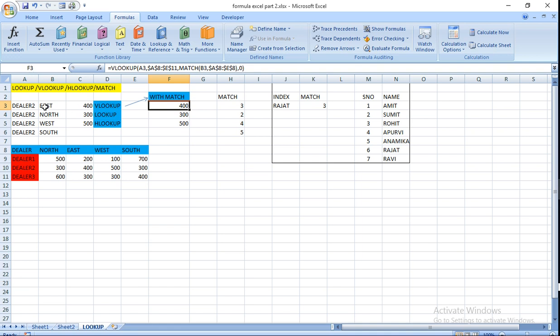B3 is your East, and then where you have to find East, A8 to E8, then 0, and it will change it into 400. Suppose you have changed it to South, then look at here once you change this.